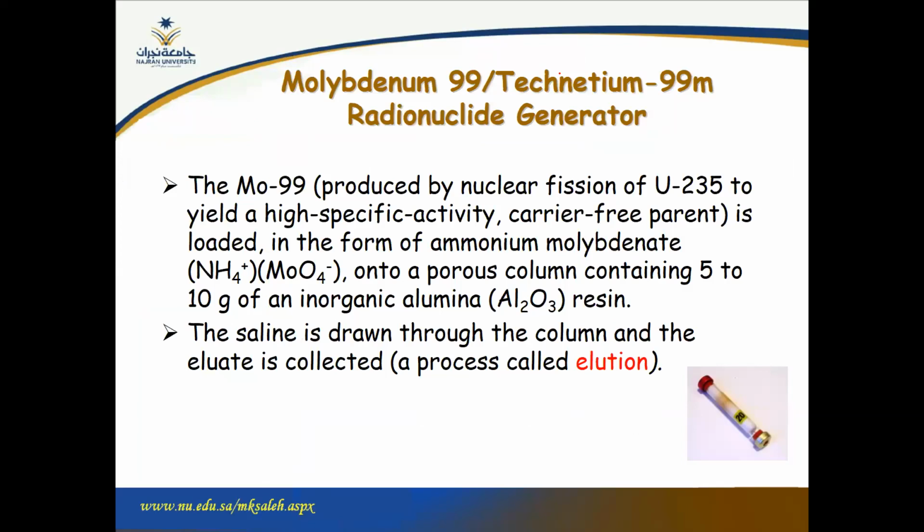Molybdenum-99, as I said in the last lecture, is produced by nuclear fission of uranium-235, and it is filled in a column like this, and through the process we call elution، اللي هو قلنا بالعربي الاستحلاب، وقلنا اسم التسمية جاي من كلمة